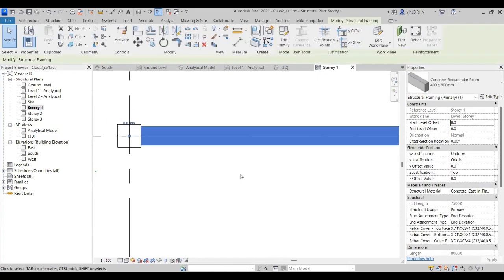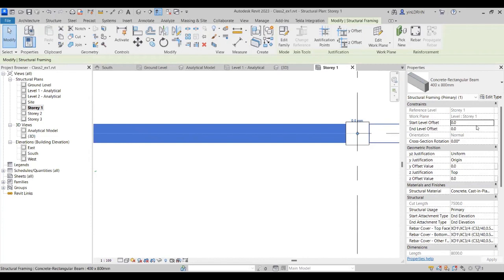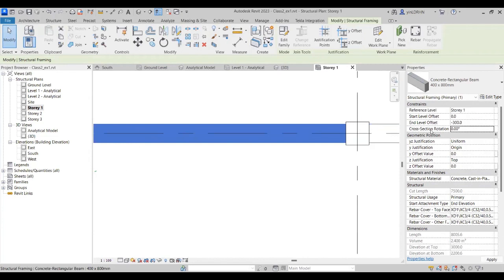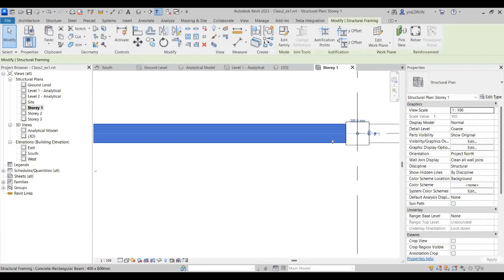Secondly, now we see the alignment. Starting point offset 0. We didn't offset it, but if you offset it, it will move this way. End offset also 0. If instead I say minus 300,